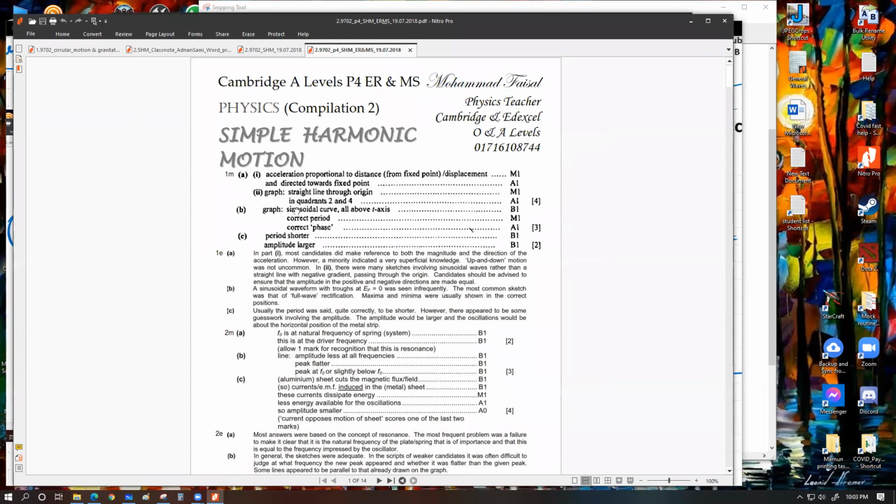প্রথমটা বলছে গ্রাফ সাইনোসয়েডাল কার্ভ, all above t-axis, মানে পজিটিভ গ্রাফ আঁকার জন্য 1 মার্ক। যদি কেউ এক্সিসের নিচে কোনো লাইন আঁকে তাহলে এই মার্কটা পাবে না। সাইনোসয়েডাল কার্ভ মানে হচ্ছে আপ এন্ড ডাউন সাইন কার্ভের শেপ, ওই শেপের গ্রাফ হতে হবে। কারেক্ট পিরিয়ড এন্ড কারেক্ট ফেজ।